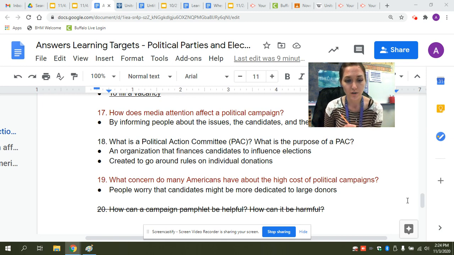Number 19 will also be a short answer question. What concern do many Americans have about the high cost of political campaigns? People worry that candidates might be more dedicated to large donors. So if they get a lot of money from a certain group of people, people worry that that candidate will then do favors for that group who paid them a lot of money that might have helped them win their election instead of doing what's